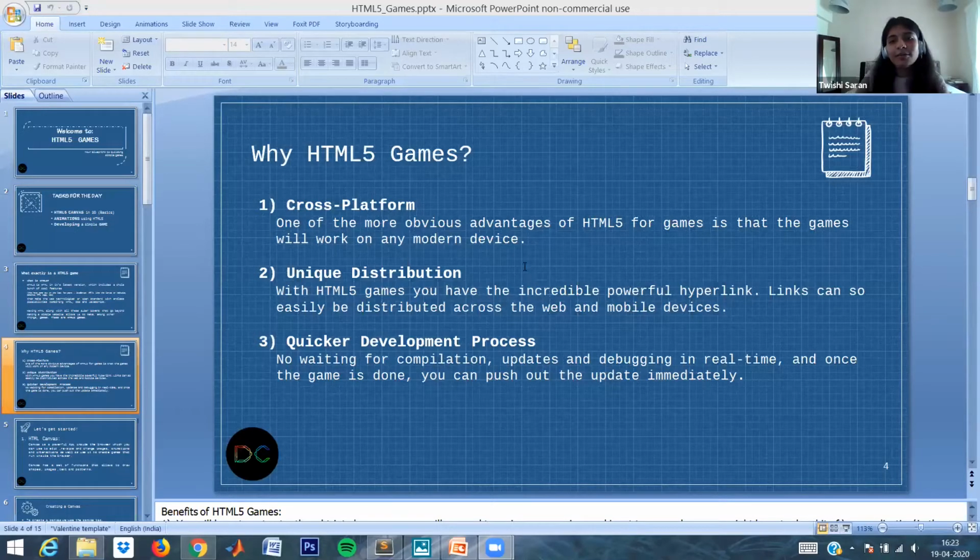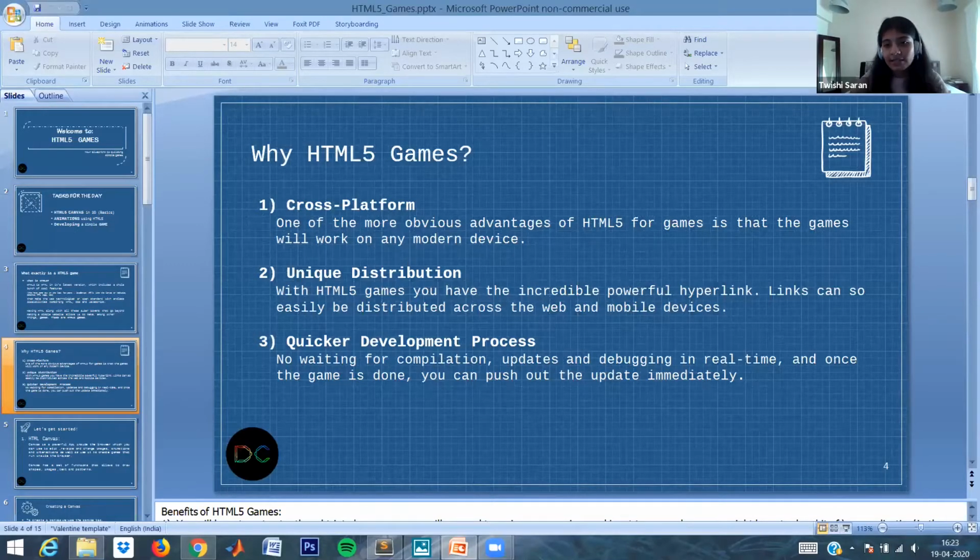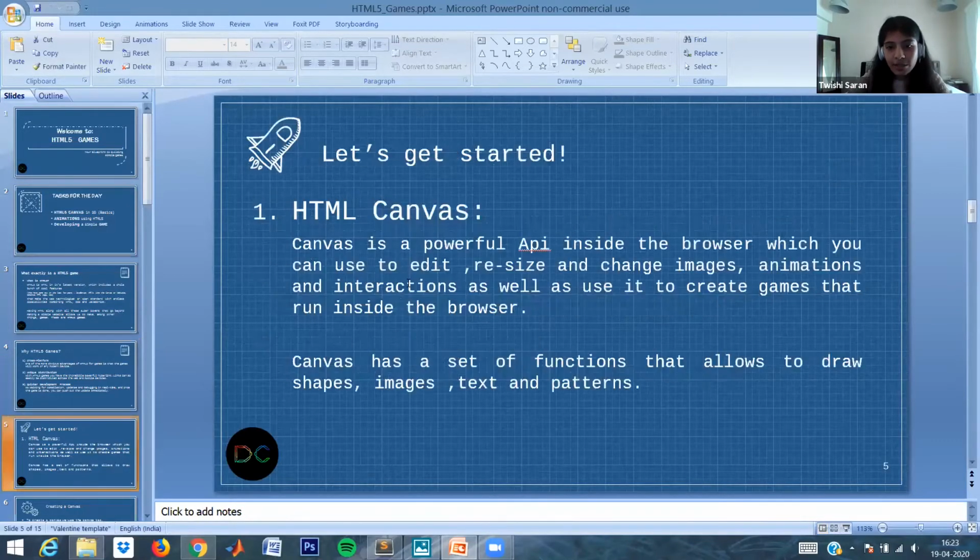Okay, so just get any text editor. You can use Sublime. I'll be using Sublime. You can use Notepad++ or any of your choice. So firstly, the first topic that I'm going to touch is